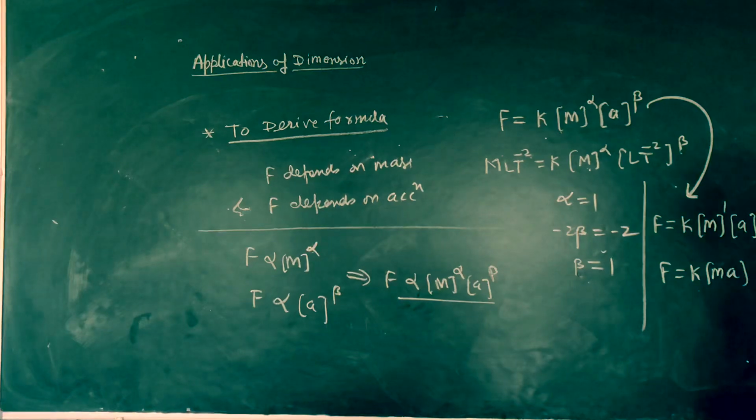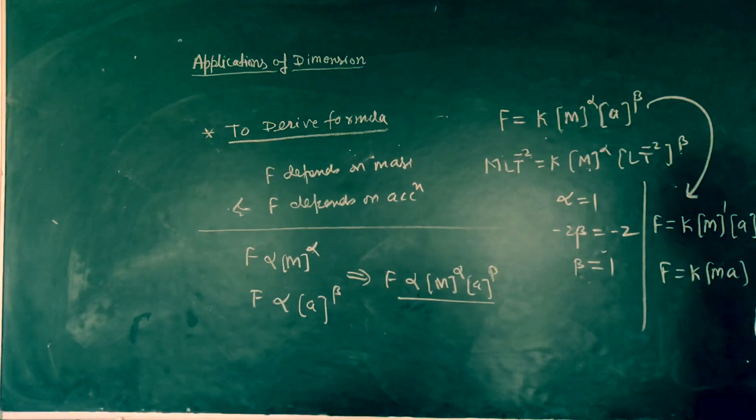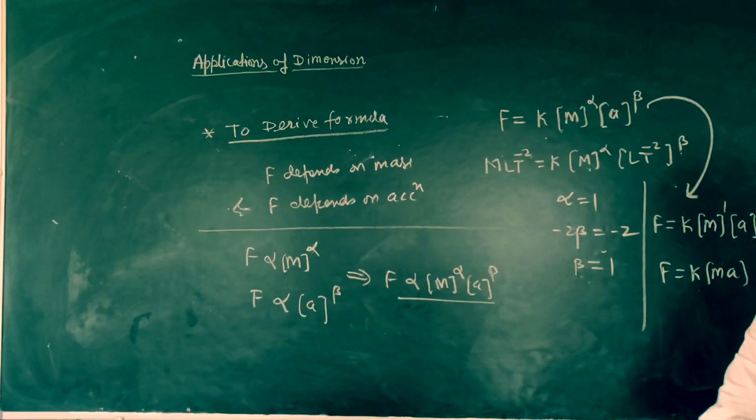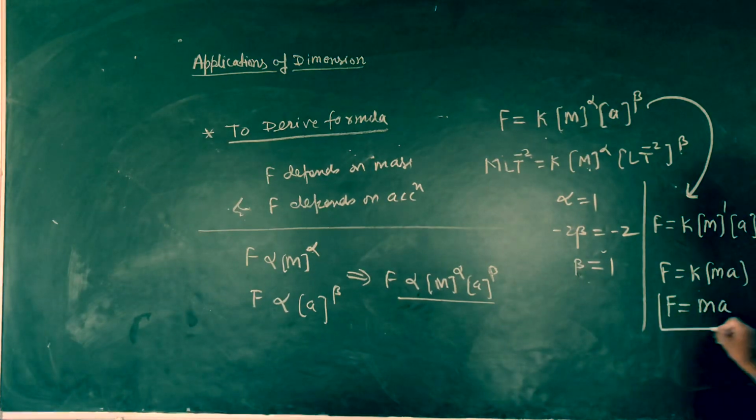Why is k 1? Simply, we remember k is 1. Otherwise, you can see it's the first formula we derived; Newton's law is the first formula we derived in physics. That's why the simplest value for any constant is 1. What is the simplest value? 1. That's why you keep k equal to 1. Or you can say, remember that the value of k will be 1. So if I write k equal to 1, I'll get F is equal to ma. So I derived this formula.